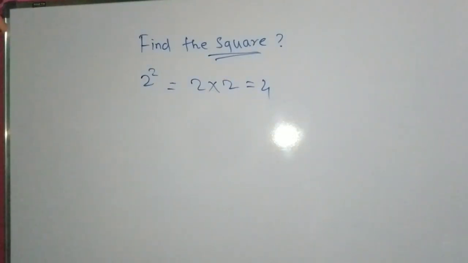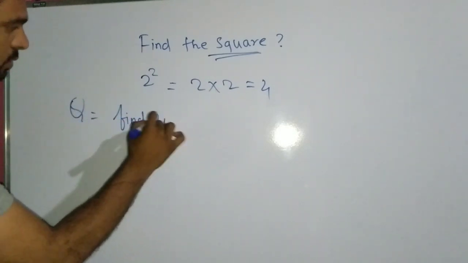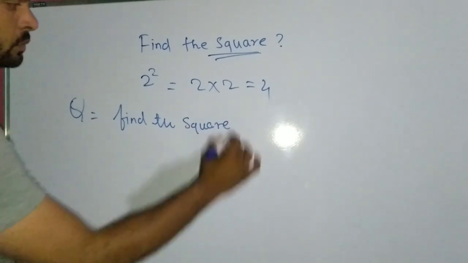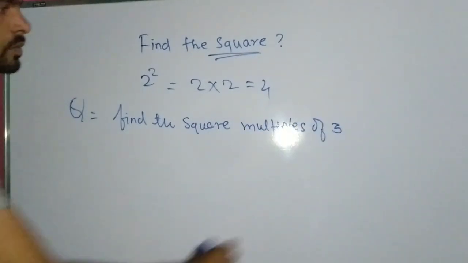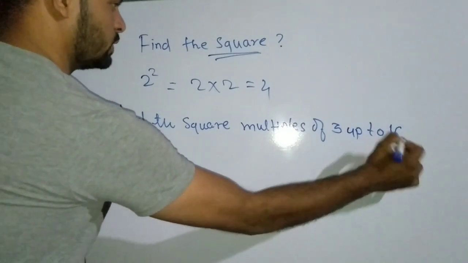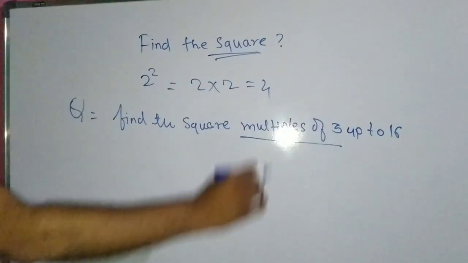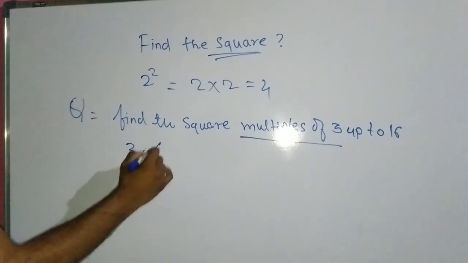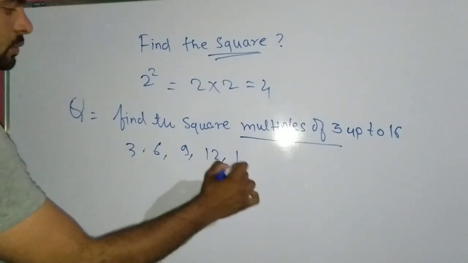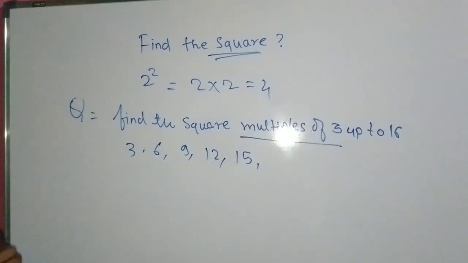लेकिन यहाँ पर क्वेश्चन ये है कि फाइंड द स्क्वायर मल्टीपल्स ऑफ 3 अप टू 16। यानी हमको स्क्वायर तो निकालना है लेकिन वो स्क्वायर 3 से मल्टीपल्स होना चाहिए और 16 तक होना चाहिए। तो सबसे पहले 3 से मल्टीपल मतलब होता है 3, 6, 9, 12, 15। इसके आगे हम नहीं ले सकते क्योंकि हमको सिर्फ 16 तक चाहिए।